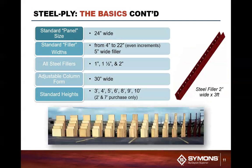Panels come basically 24 inches wide. We have what we call fillers, which look like panels, but they're just shorter and thinner, I should say. And they come 4 inches to 22 inch even increments. So that's 4, 6, 8, 10, etc. But there is one oddball, which I don't know why, but there is a 5 inch wide filler. We also have steel fillers, which are 1 inch, inch and a half, and 2 inch available. And these are solid steel channels. Basically have dado slots at every 2 inches,